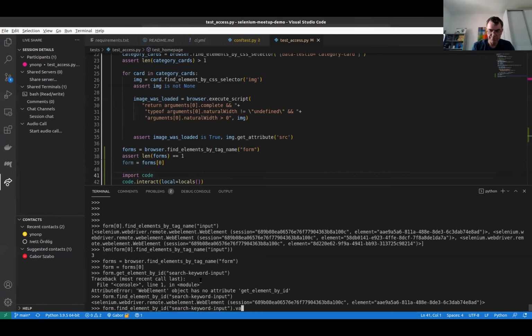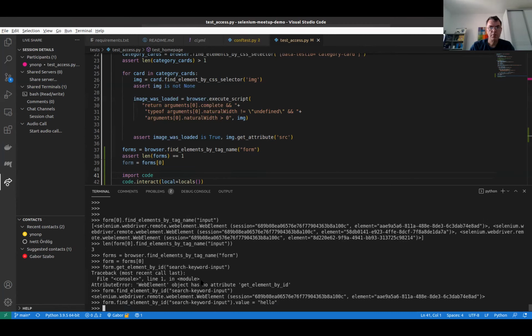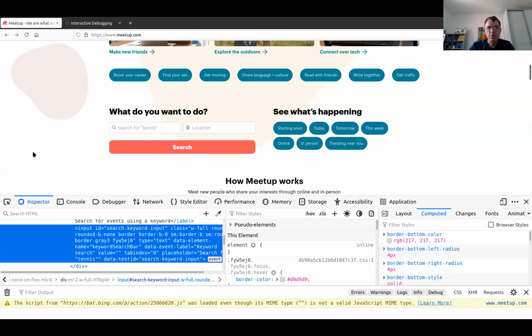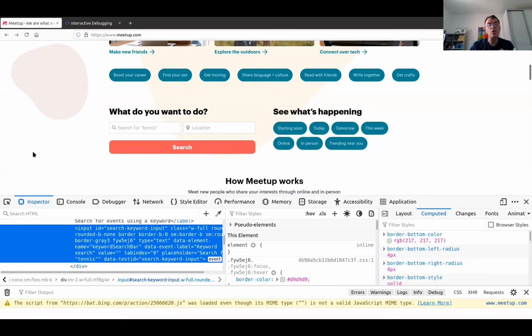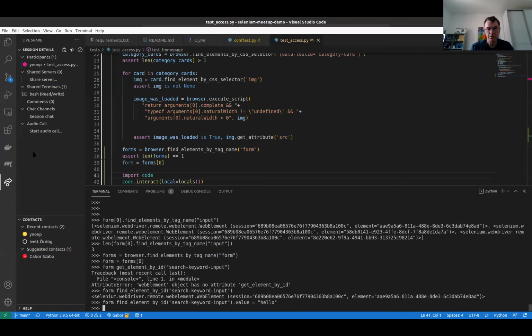And a value equal to hello. Do you want to write something there? No, we're not checking the functionality. We are not in the browser but in the headless browser. So normally I would run it with a headed browser, and while I am doing this, I write something in there, and I can see in the browser to verify that this is actually the right element. Yeah, so I can see it in the browser that's being executed. So let me try to do this.